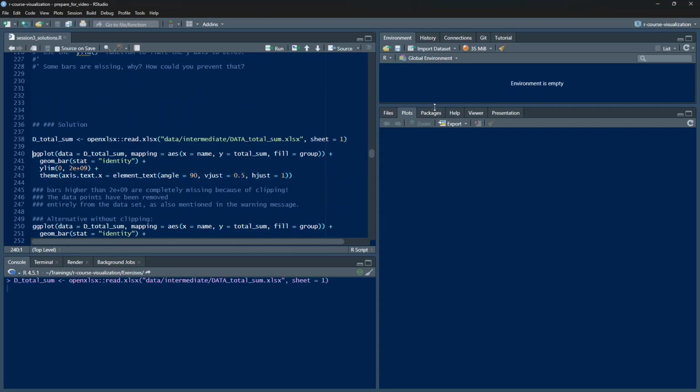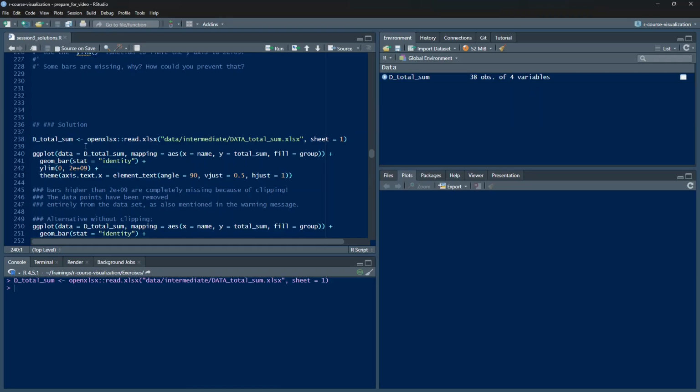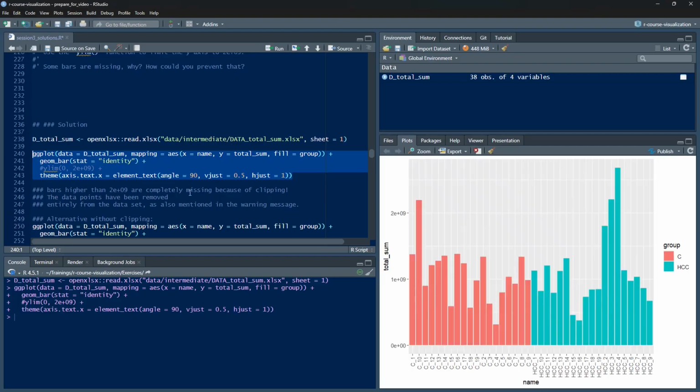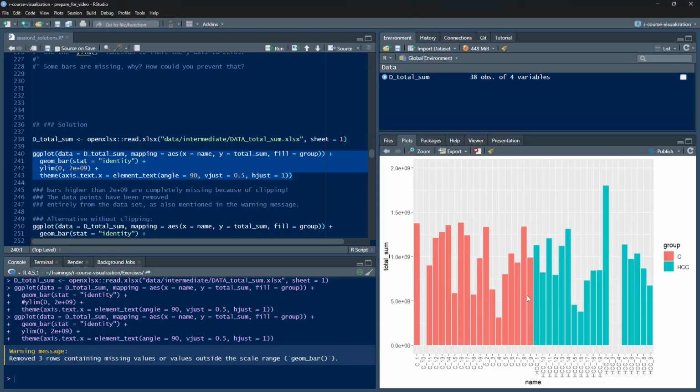So we will read in the data that we used in this plot, and then I can show you how the plot looked like before. It looked like this. And now here we limit the y-axis. You will see here, this is this value here. We will limit it to that. And you can see that here the bars that were over 2 times 10 to the power of 9 high